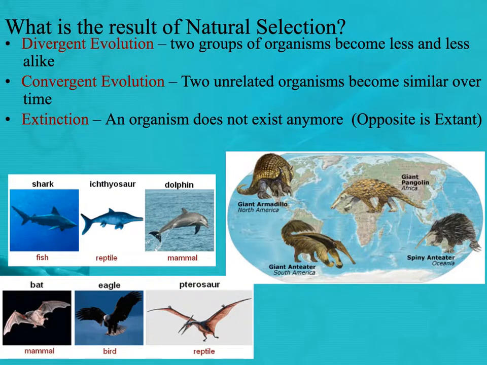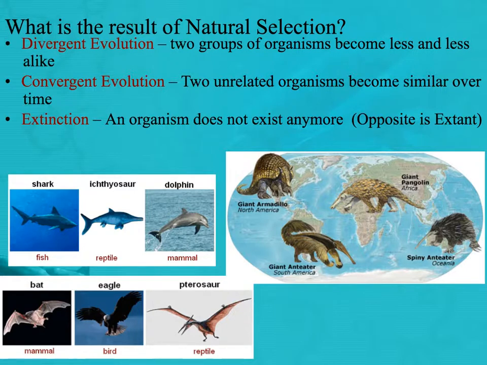What is the result of natural selection? Well, the end result is these three terms here. The first one is divergent evolution. Think of things becoming less and less alike. Two groups of organisms become less and less similar. If you think of dolphins compared to humans, we're both mammals, but we have very, very different adaptations. On the other hand, you have the opposite of that,